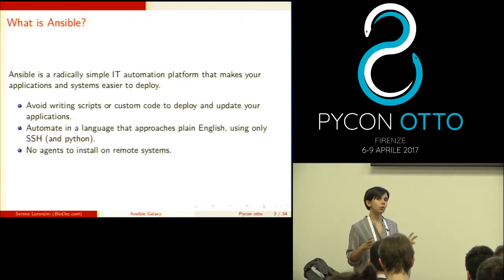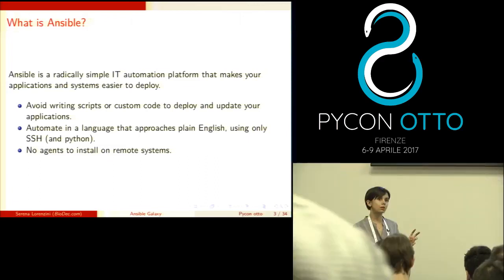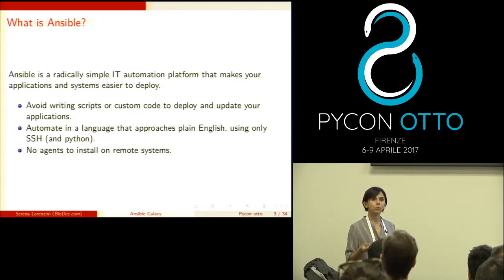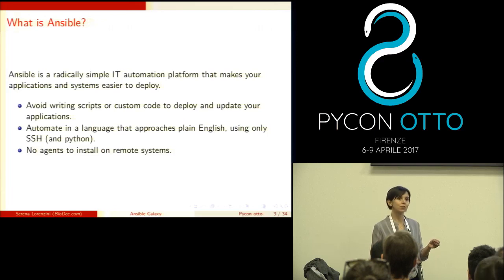Well, someone may disagree because configuration management tools like Puppet or Chef work in a different way. They work like pulling and pushing information between systems. They have agents to be installed on the remote hosts. Ansible doesn't, so it competes more with Bash, I would say. Anyways, it is a very simple